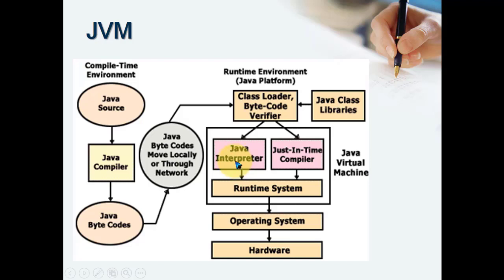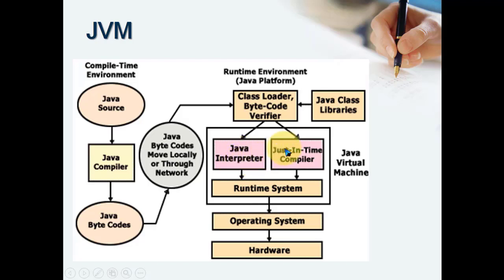The interpreter doesn't have its own memory to store instructions if instructions are repetitive. For example, if you want to execute a for loop 100 times, the instruction in the for loop is the same, only the values change for each iteration, right? The for loop is the same, so it will just iterate 100 times. That means the instruction is the same, only the count numbers are changing. So the interpreter will read that instruction 100 times. That is a drawback of the interpreter.